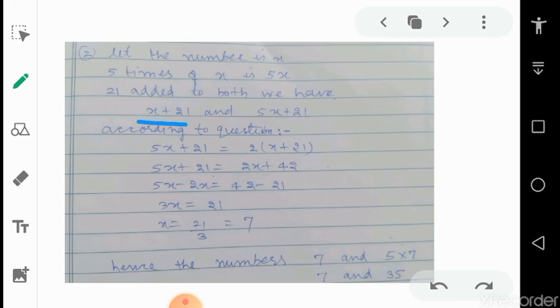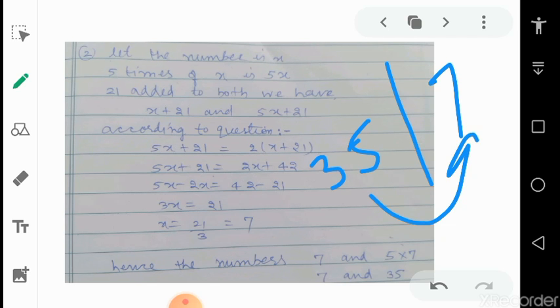Though we have finished our answer, we should make sure that it is correct or not. So try to check the question from the answer. If the conditions given in the question are satisfied with our answer, it means the answer is correct. We can make 100% sure. So just check. Our numbers are 35 and 7. These are the answers. So check the conditions in the question. One number is 5 times the other. It is given. Now check for the numbers. 35 is 5 times 7. Yes, it is true. Now check for the second condition.